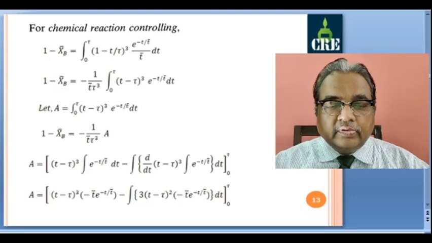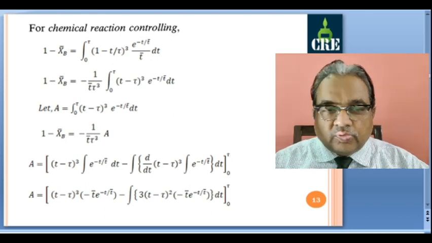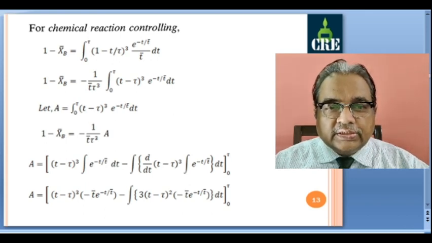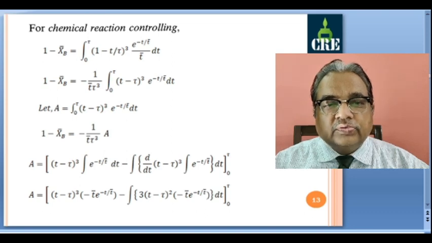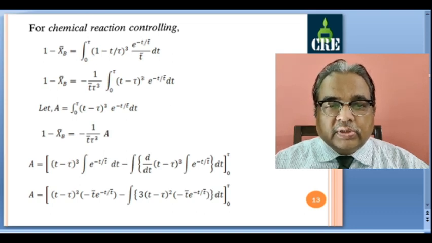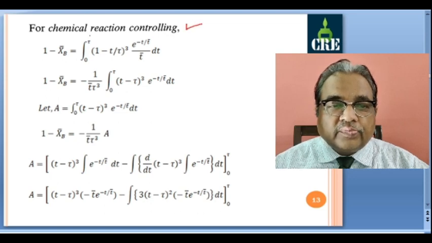Welcome once again to our lecture series in Chemical Reaction Engineering 2. In our last lecture, we have studied the case of mixed flow of particles of single unchanging size and the resistance which we considered was gas film diffusion controlling. Now we will study the same case with the change in resistance. Now we will consider chemical reaction to be controlling.